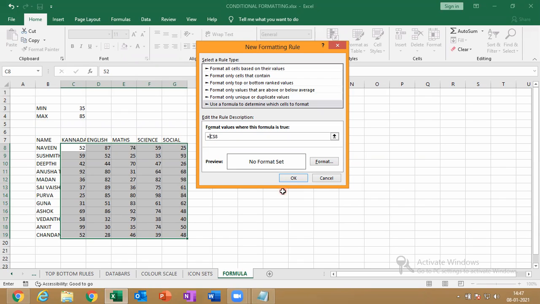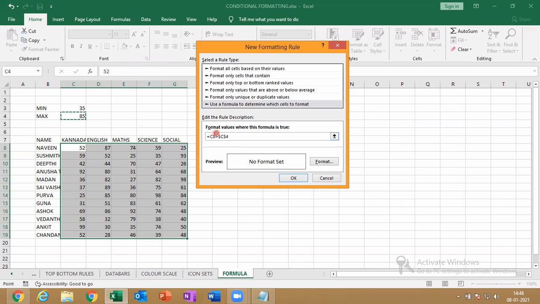Okay. Remove the dollars and I'm making that relative. Relative means it will keep on moving. Okay. Then equals, select the first cell, remove the dollars and make it a relative reference, and then greater than, just click on 85.